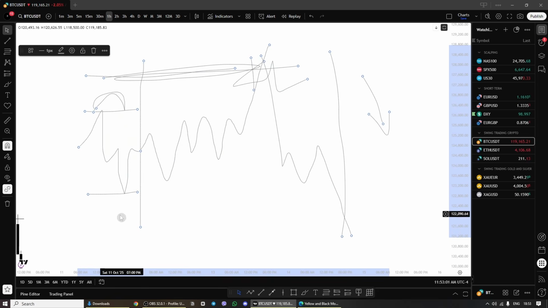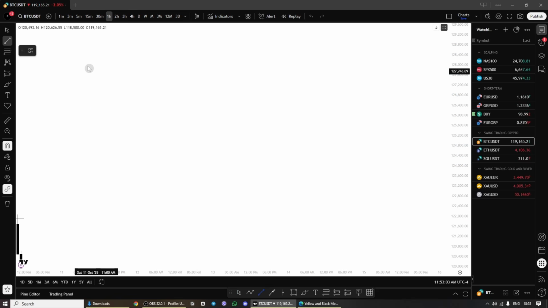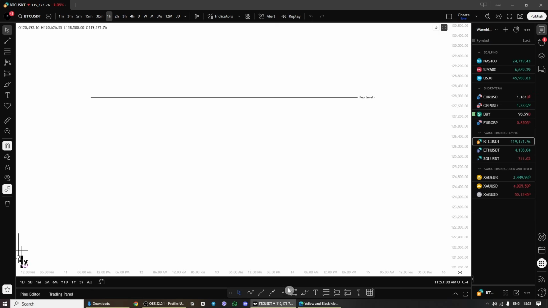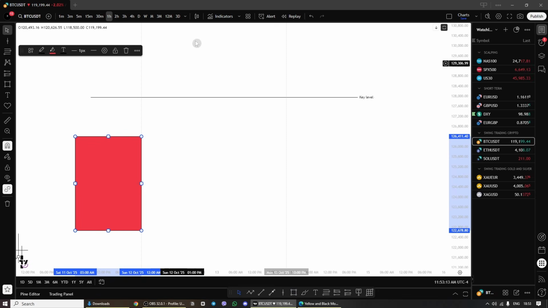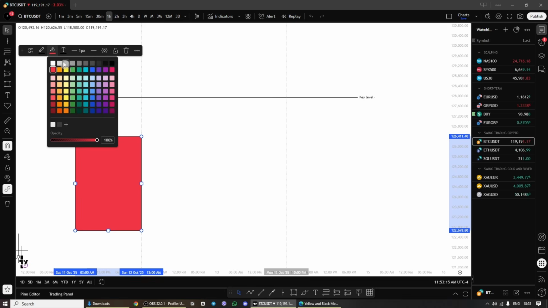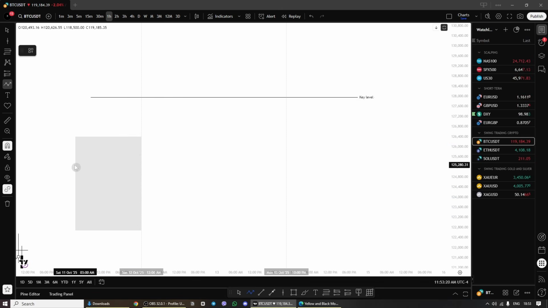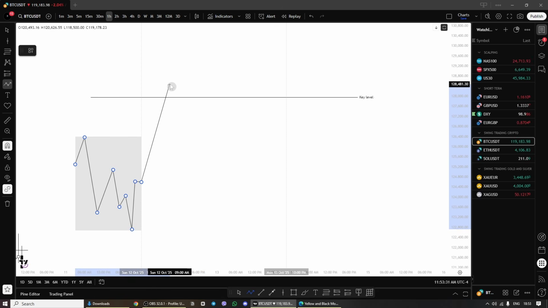Let me make it a little bit more clear for you. This is our key level. We mark the open, close. Let's say this is our range, which we will use to see where the price is, like that. Now we want to go down because the weekly makes open, swooping a high, and let's say we are to